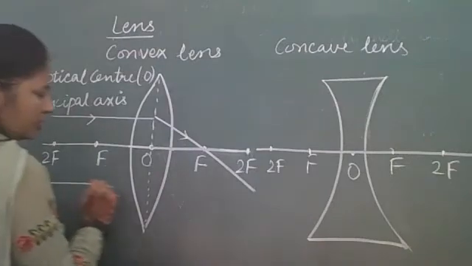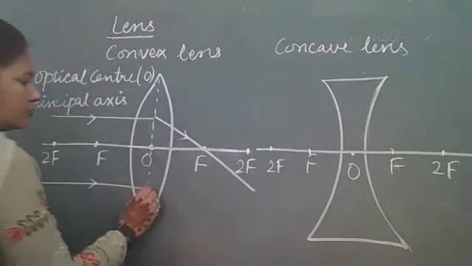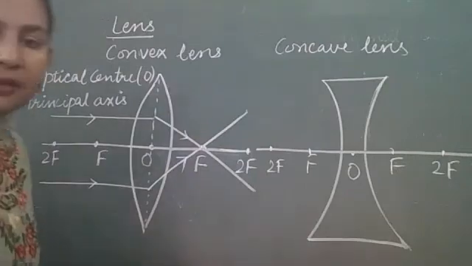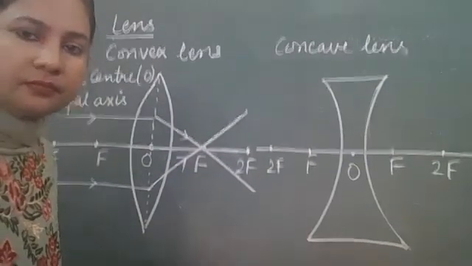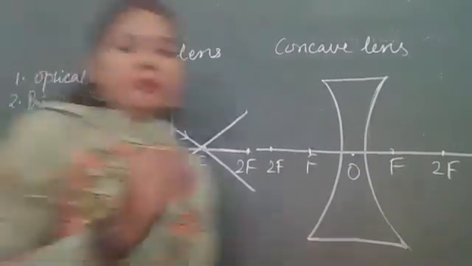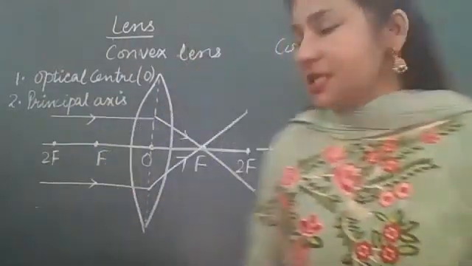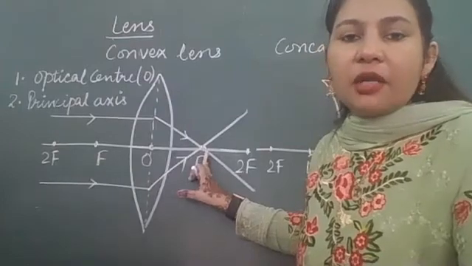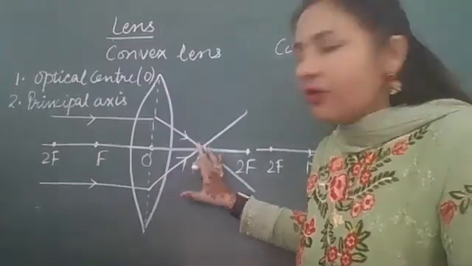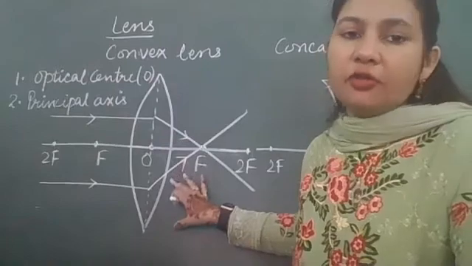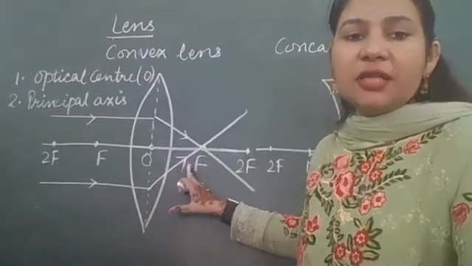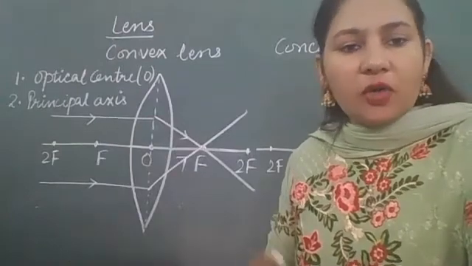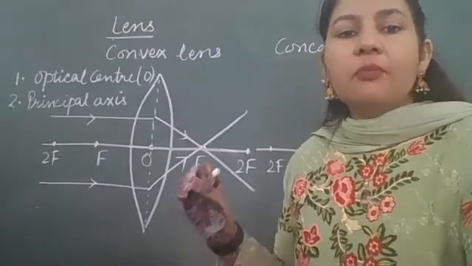Let us take one more ray. It will also pass through focus. ये भी focus में से pass कर रही है, ठीक है? So image is formed at focus, and we can see that this focus on the right hand side of the convex lens is taking part in image formation. So this focus will be considered to be its real focus. So ये इसका real focus है, that is on the right hand side, and again according to sign convention, its focal length will be considered to be positive.